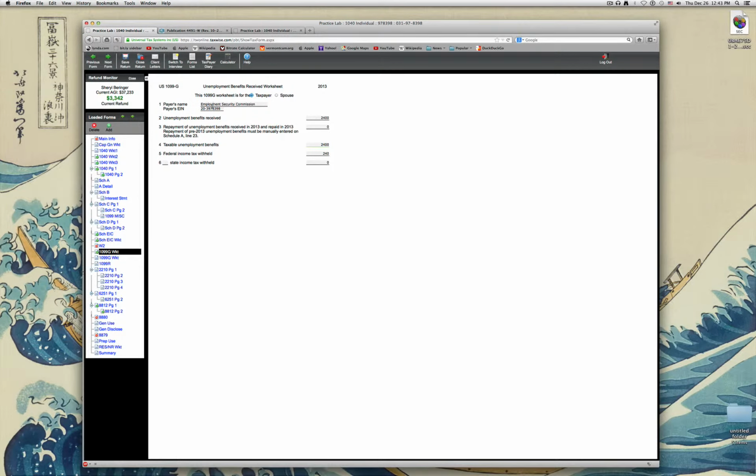Not much to enter here. You just put the name and the number that you'll find on the form in the book, the total amount of benefits, and then the federal income tax withholding. So again,